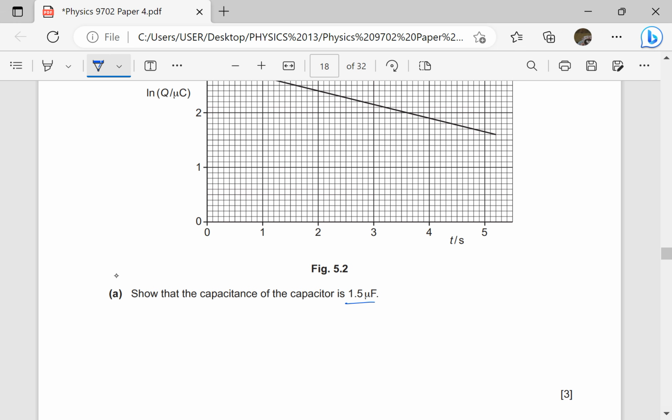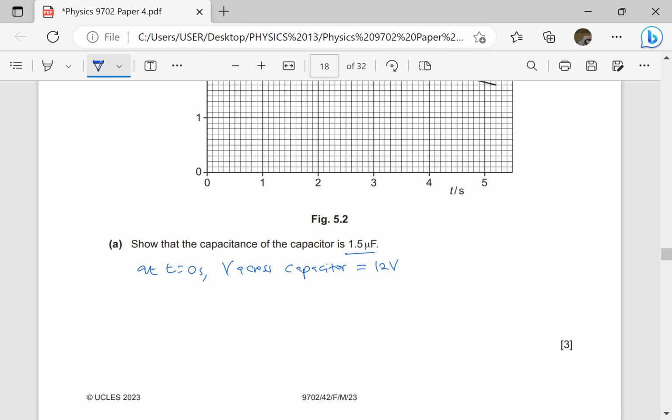Remember, when the capacitor is fully charged, the PD across it is the same as the PD of the voltage supply. Therefore, at t equals 0, before it starts discharging, the PD V across the capacitor is going to be equal to 12 volts. Then from the graph, we notice that at t equals 0,